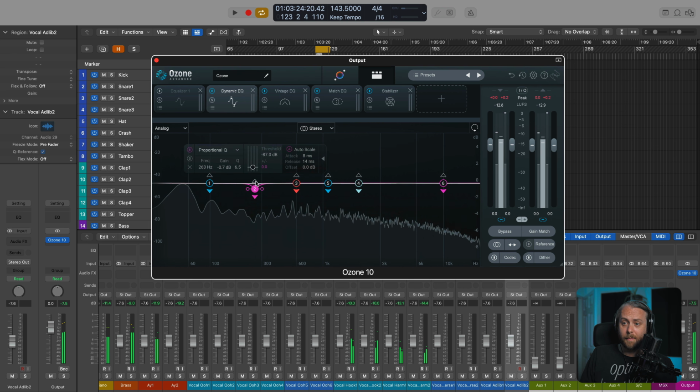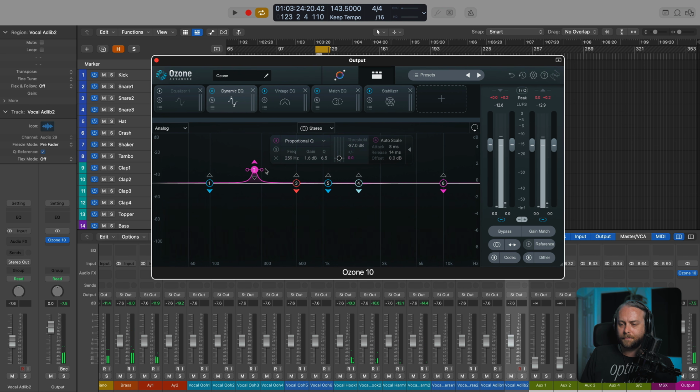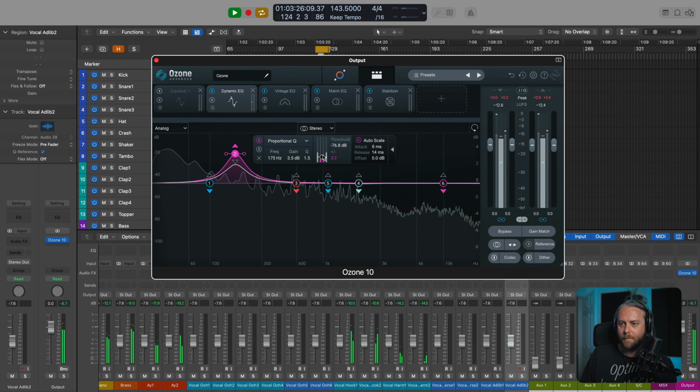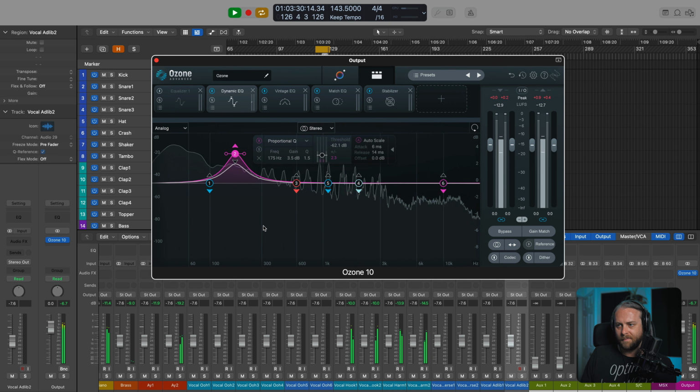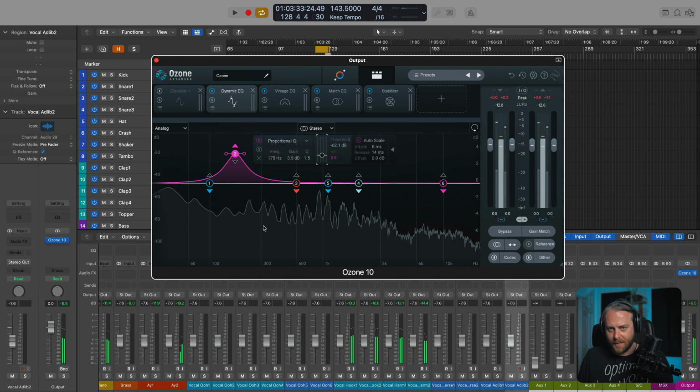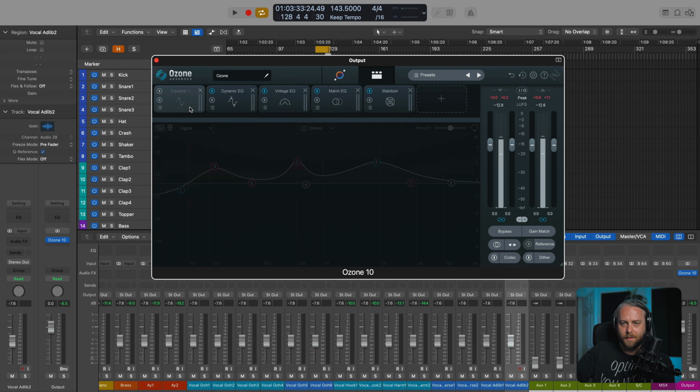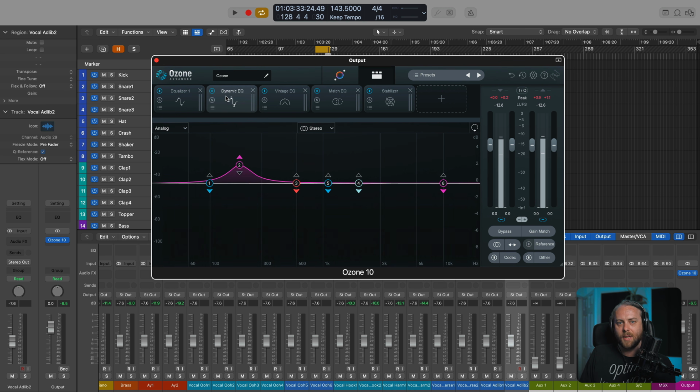If I want to do the opposite and go up here, go up like that. And now I'm boosting every time the signal crosses that threshold. So pretty simple, right? And you can do this and have a number of nodes acting dynamically and a number of ones acting statically in the first parametric EQ. It's totally up to you.